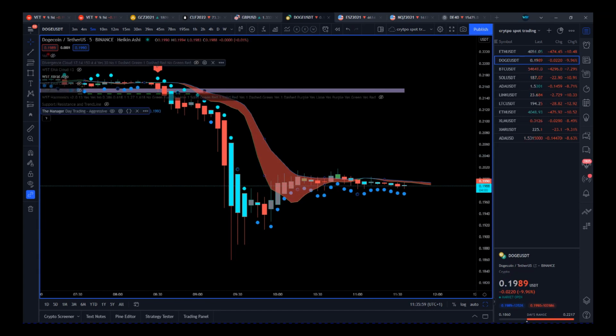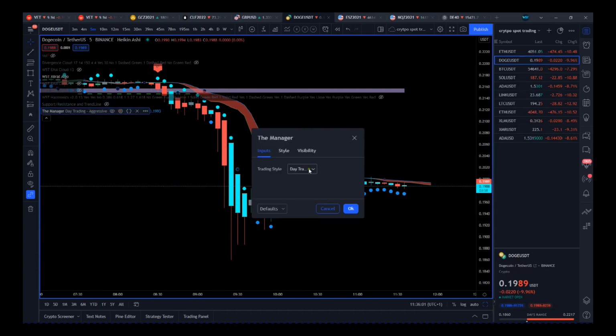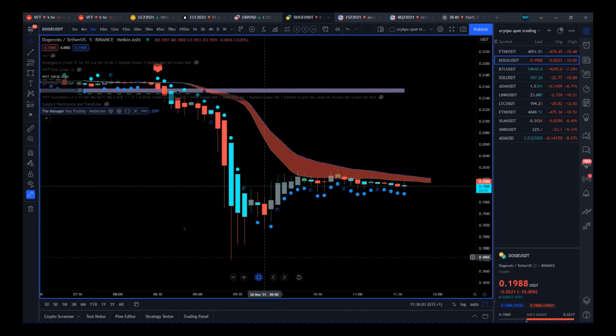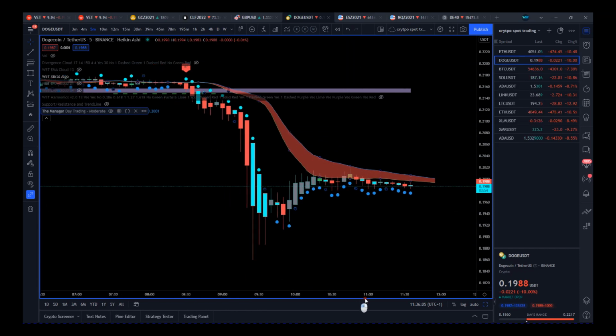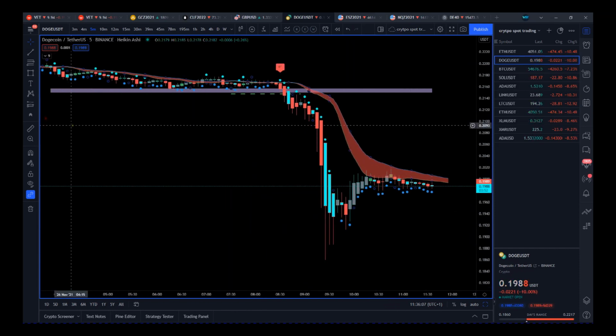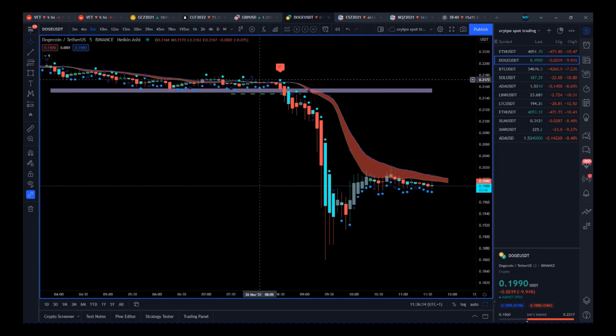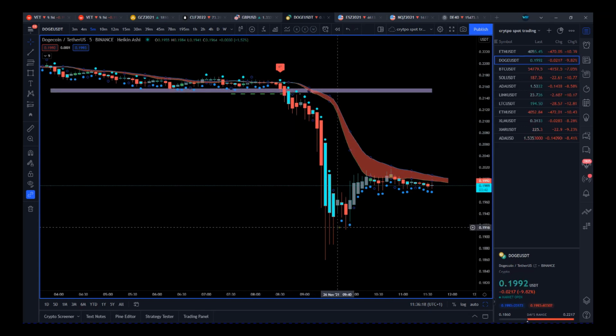One of the default settings is day trading moderate, and that would be keeping us in the trade right now. So the default setting for the manager is day trading moderate. So this allows us to maximize profits. If you wanted to go aggressive, you'd be out of that trade right now, but the moderate setting is saying